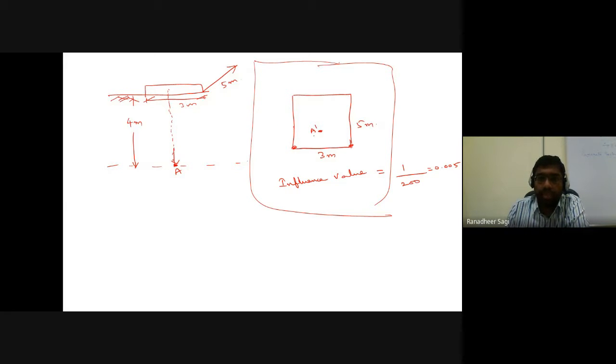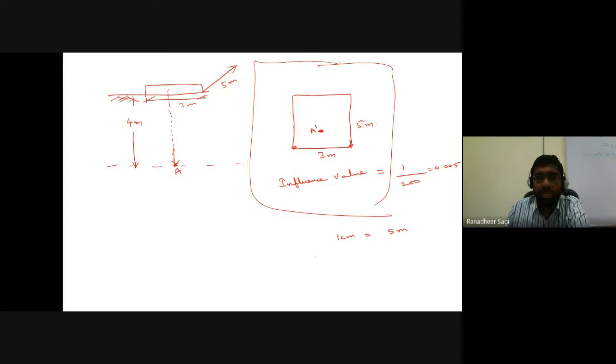I said with respect to point A dash in the plan, that is my point corresponding to a depth of 4 meters. Below that point, at a depth of 4 meters, I want to calculate my vertical stress. So what I should do is first convert the original dimension of the foundation into the appropriate scale adopted in your Newmark chart. Let's say 1 centimeter in the Newmark chart indicates 5 meters. Then accordingly convert the original dimension of your foundation.